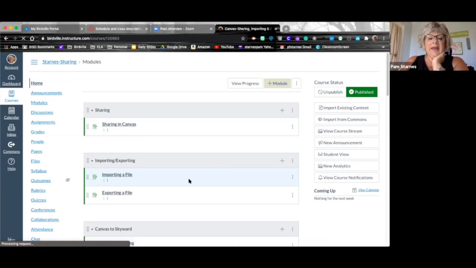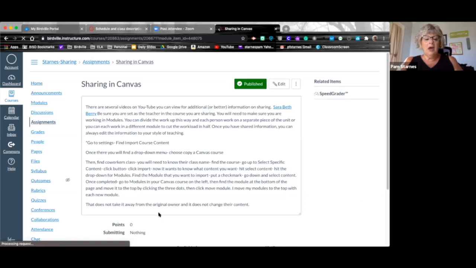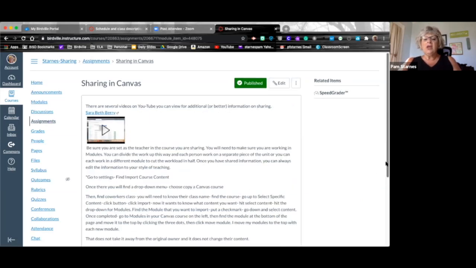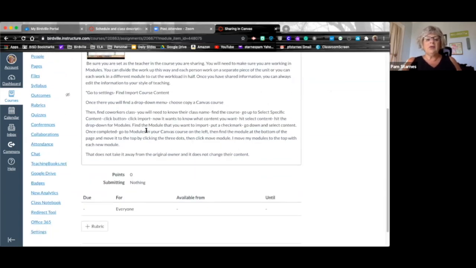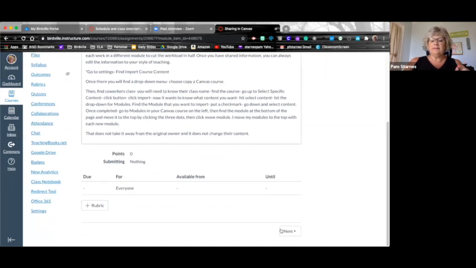There's another way. If you choose, well, let me finish up on this slide first. I get ahead of myself. You find the coworkers, you bring it over, and once again, it says find the module, put a checkpoint. You can use their work and change anything you want to, and it does not change their content. That's one way, okay? The next way,